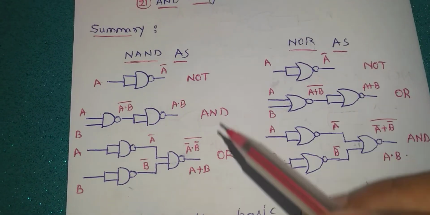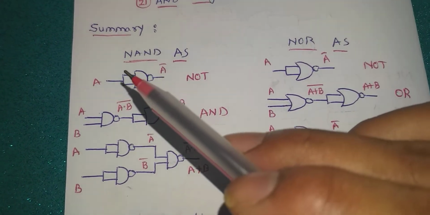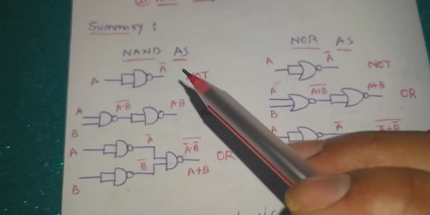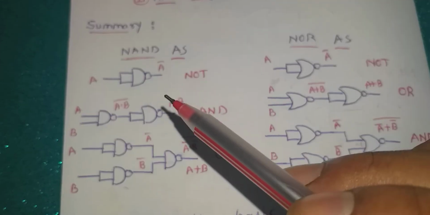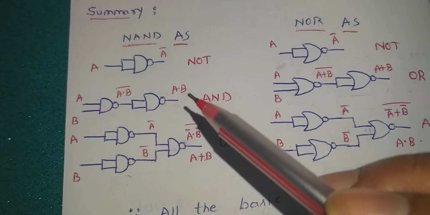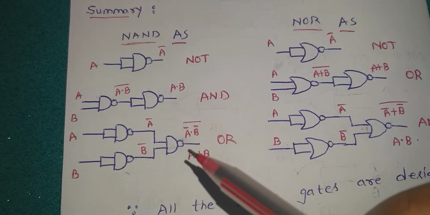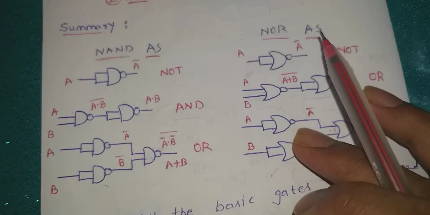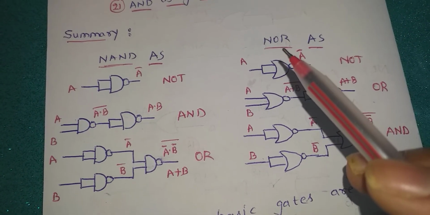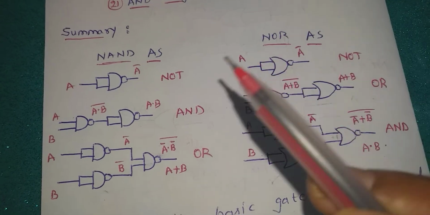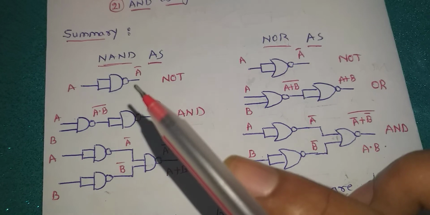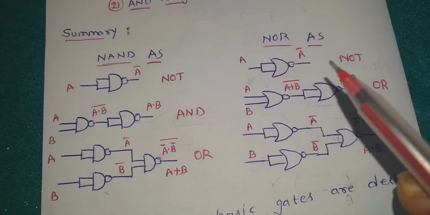Now if you look at the summary here: NAND as a NOT gate, NAND as an AND gate, NAND as an OR gate. This is the functionality, or the logic symbol you have to use, to design a NOT gate using a NAND gate. Now we know that NAND plus inverter gives rise to an AND gate. Bubbled NAND gives an OR gate. Then similar functionality we can develop based on NOR gate as NOT gate. If you observe, just by tying the inputs together, NAND and NOR can act as a NOT gate.